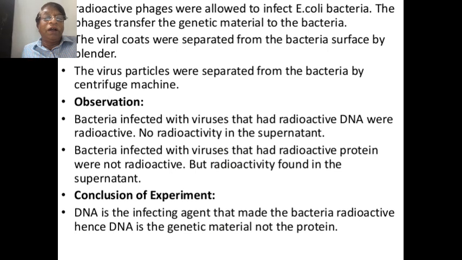The genetic material. So by conducting the Hershey and Chase experiment, they proved that transforming principle DNA,